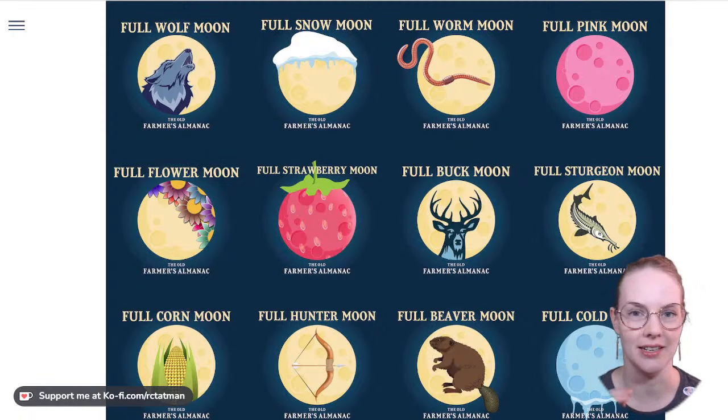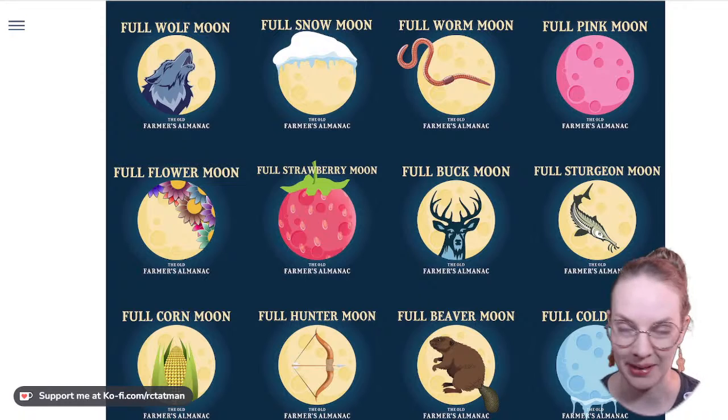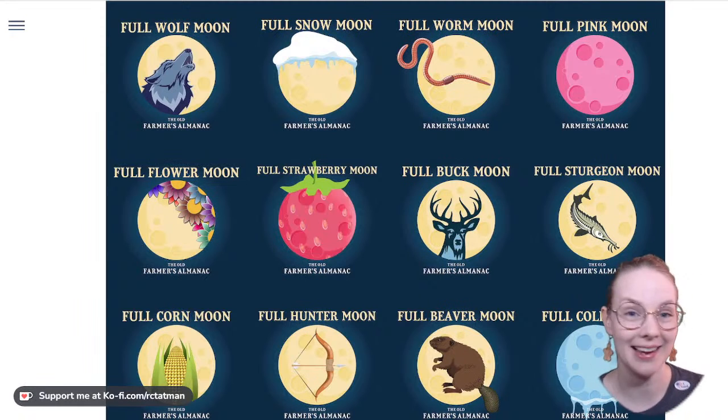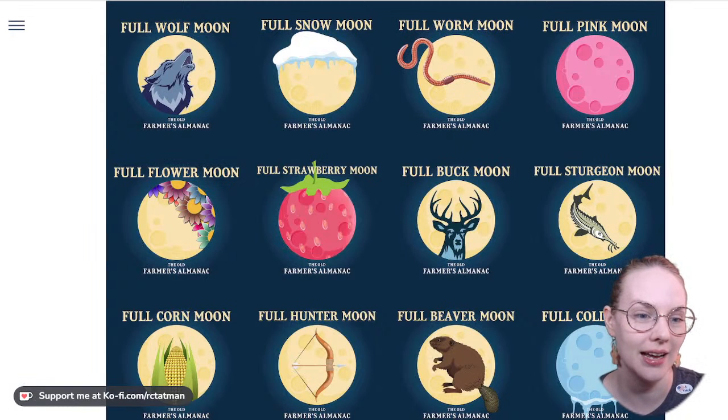And if there's 13, the extra is going to be the blue moon, and it will occur somewhere in the middle here. Again, you can understand how someone telling you, if you're not super familiar with the system, when to do something based on one of these things is going to be confusing. So I would love to use computers to turn these sort of things into things that are more useful and anchored for me. But just to give you a slice of what some of these moon names are.